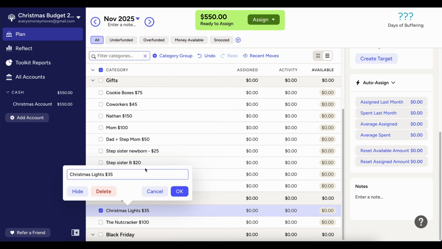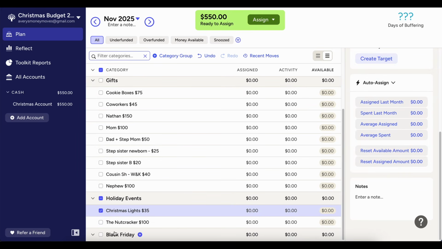These are nice to haves, but if I don't end up seeing the Nutcracker, it's not the end of the world. If I don't go to some organized Christmas lights extravaganza, it doesn't necessarily matter because people will put up a bunch of Christmas lights throughout the city. So I can always just look at people's lights, you know? But yes, Christmas lights would be $35.